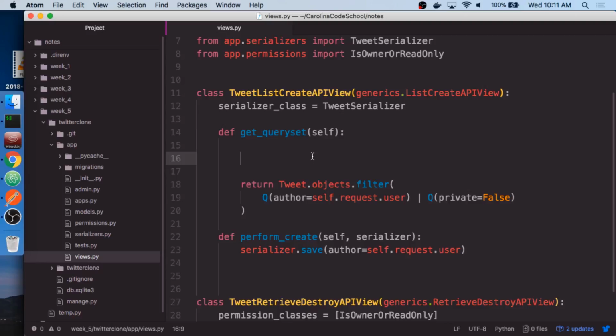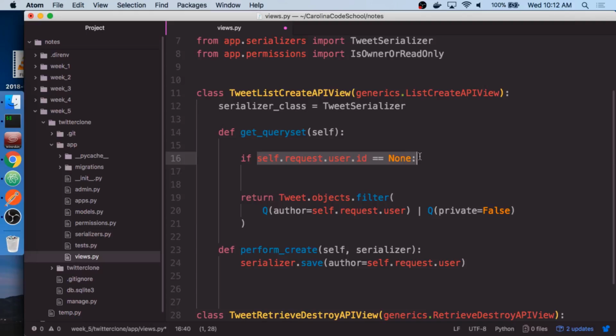This broke because of the next thing I want to tell you, which is that we want to guard against the fact that somebody's not logged in. And this is kind of a cool little trick. So we want to look at our request and see if there is a user. So if I say if self.request.user, there will always be a user there. But if that user is not logged in, they will not have an ID attribute. If they are logged in, they will have an ID attribute. So I'm going to say if self.request.user.id is double equal to None.